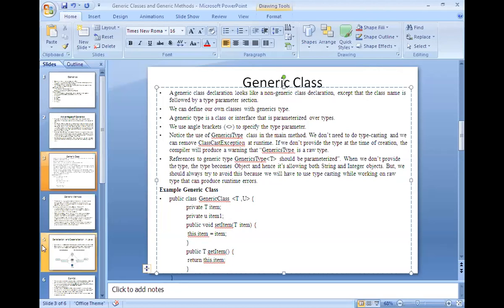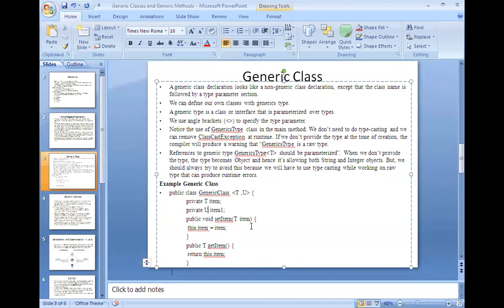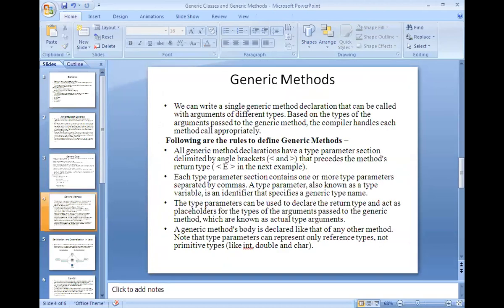So in that case, U is another type, T is the type. Like that, whatever the number of types you want, you can change. That depends upon your requirement, right? Now, before going to discuss generic methods, first let us see the example program on generic classes, in what way we can declare and access them. Next we will move to the generic methods.